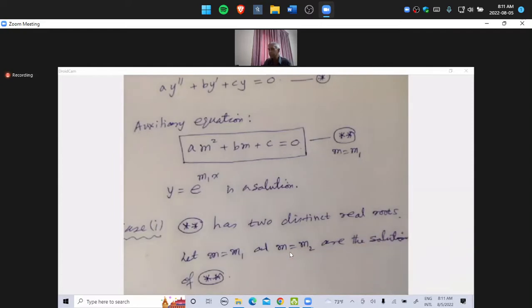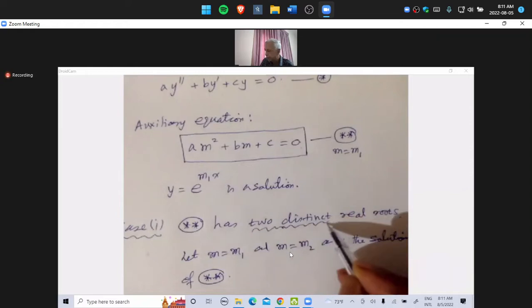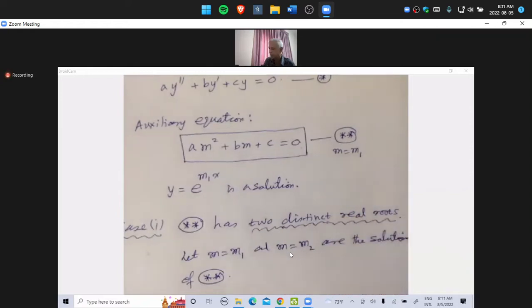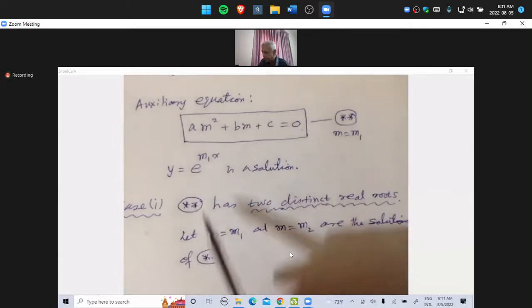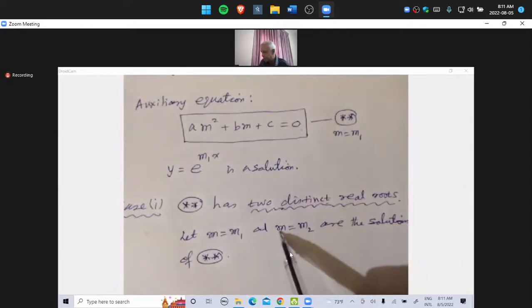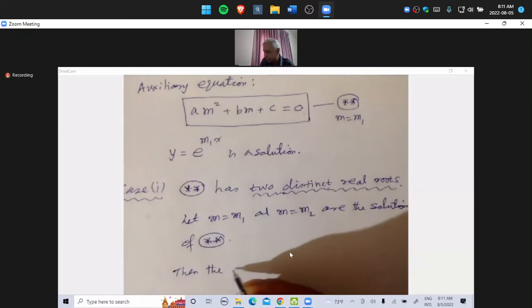Suppose these are two distinct real roots. So in that case, from the theory, we know e to the m1x is a solution. If m equals m2 is another solution, then e to the m2x is also another solution. Then the general solution becomes